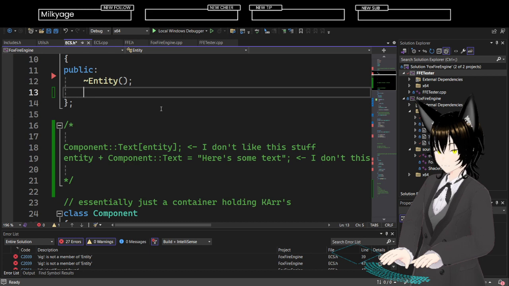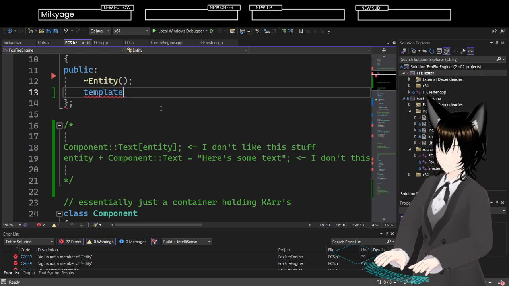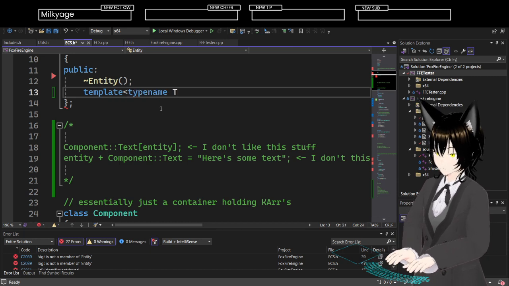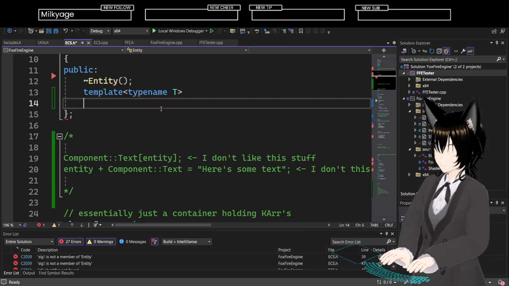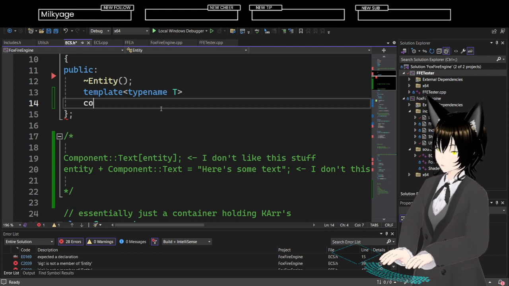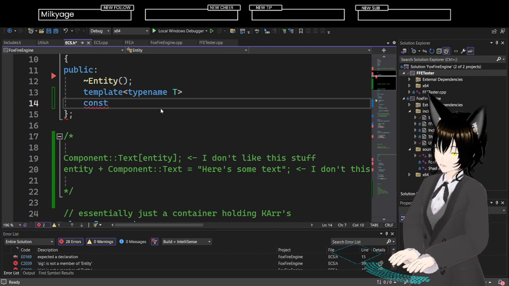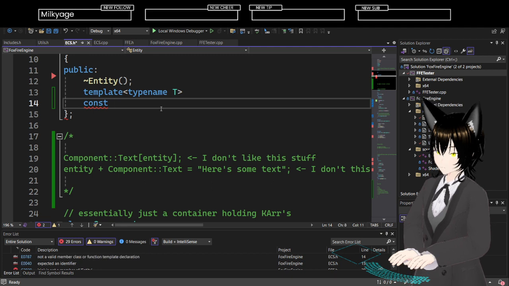Alright. Template, typename Key. Yeah, because it's all created during compile time, so I should be able to do a const. And I want to return the typename.